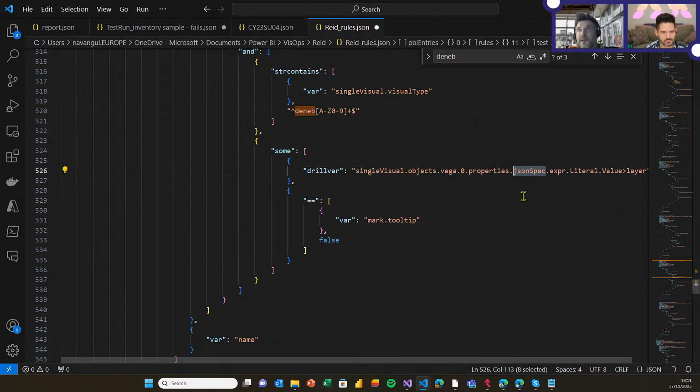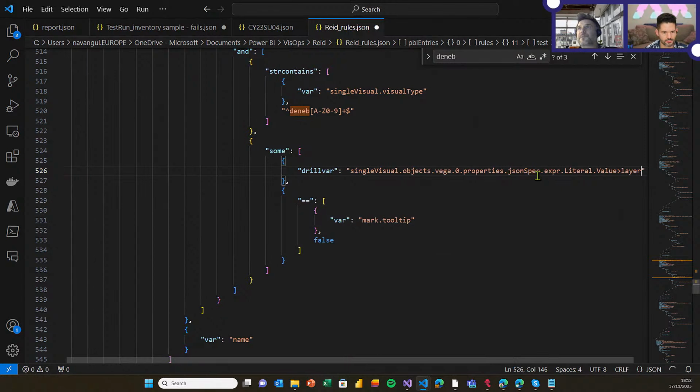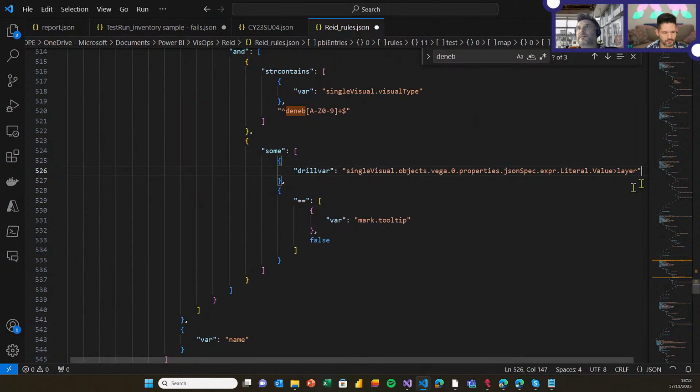That's the JSON spec for the Deneb visual, and then we drill through the layer array of the Deneb